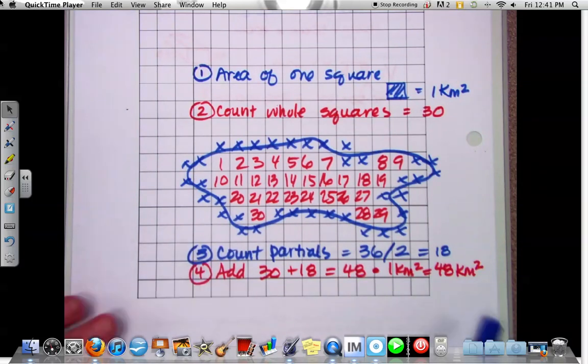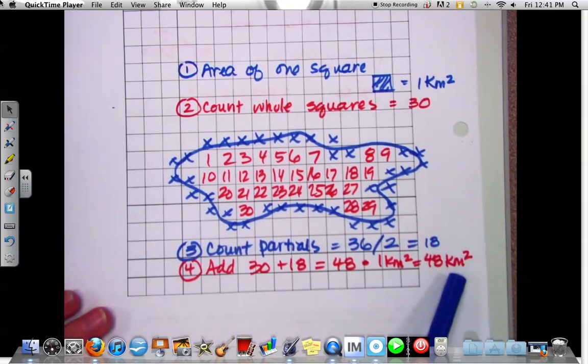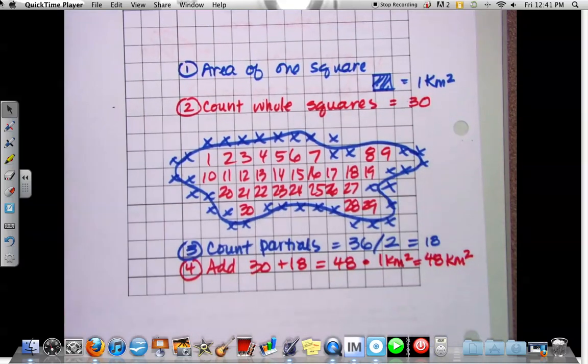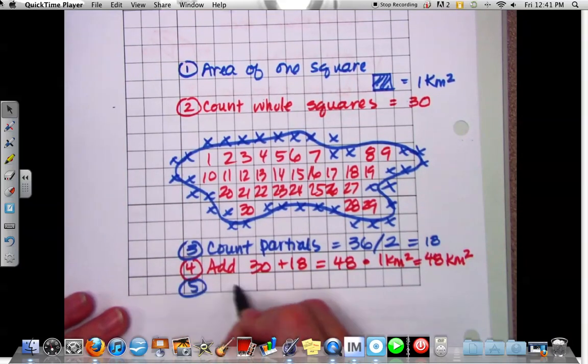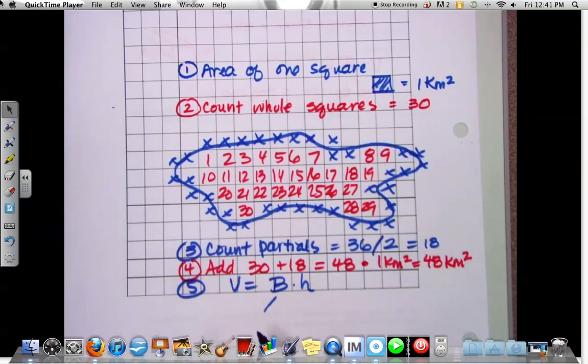All right, so what was this that we just found here? This 48 represents what? The base of the shape. This is a lake. All right, so do we want just the area? What do we want? Volume. So we find volume by doing what? Base times the height. What is our base? 48. Mine's 48. Yours is close to that, right? 39. Okay. So take your base,